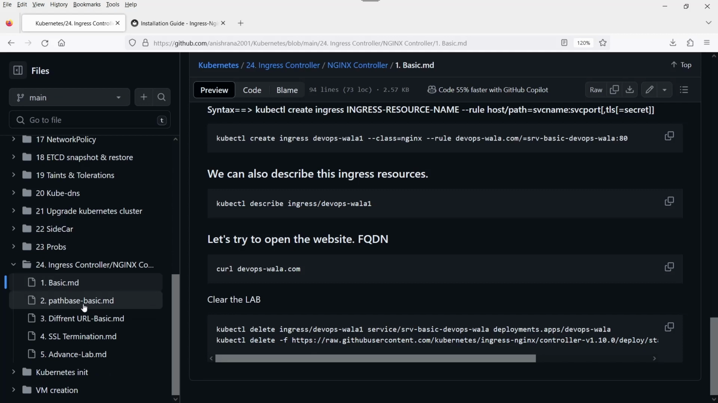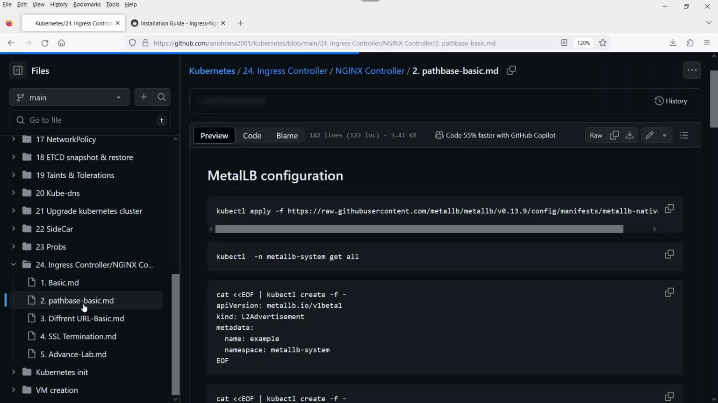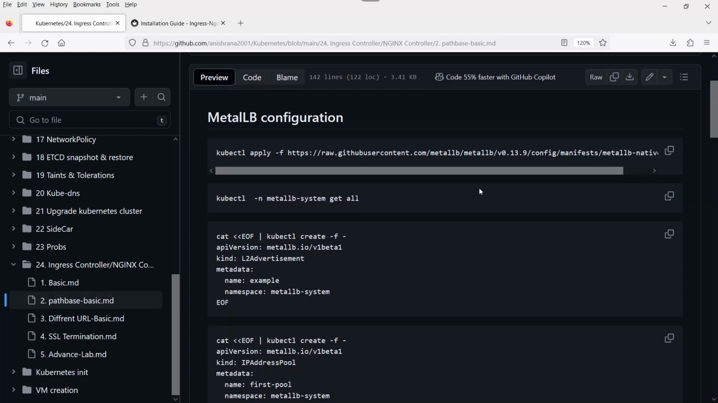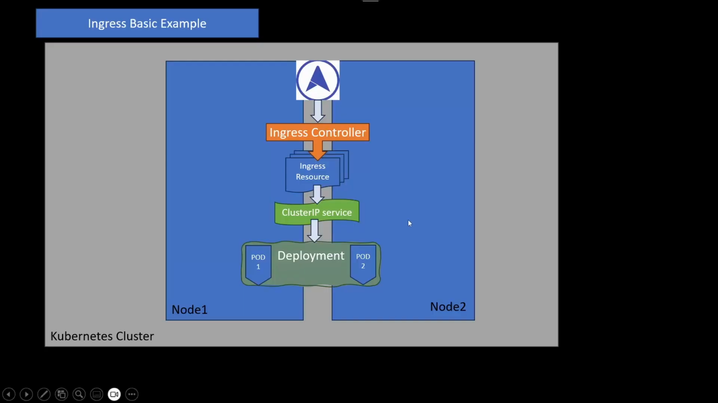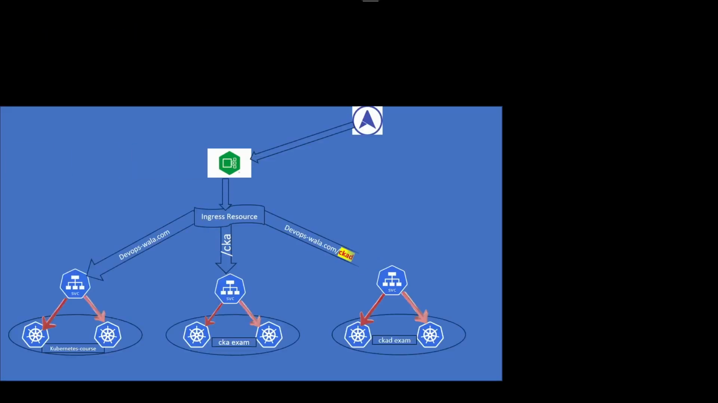For lab 2, I need to click on path based here, and here the MetalLB configuration is already there. I'm not going to perform it. If I go to my PPT here, I need 3 deployments and 3 services. Let me create